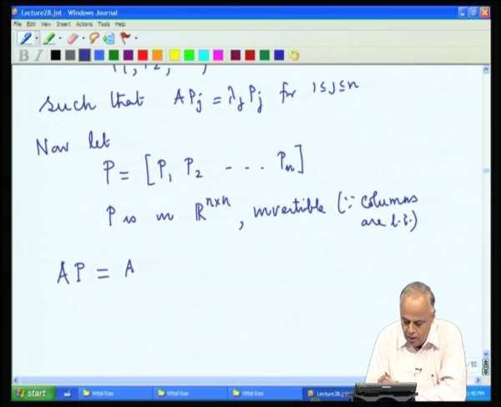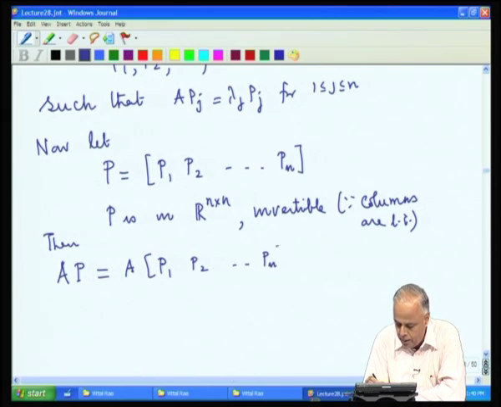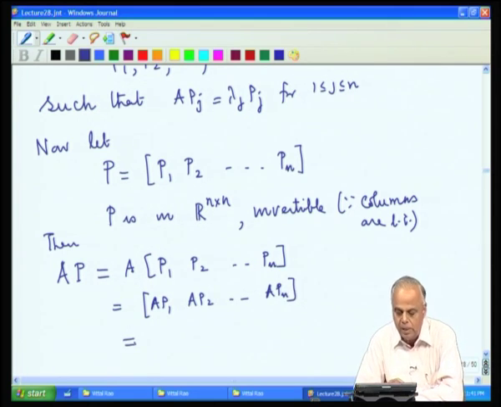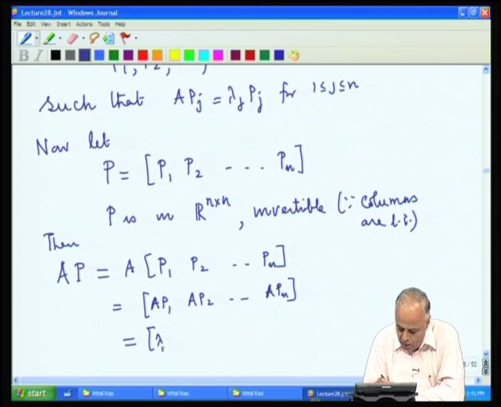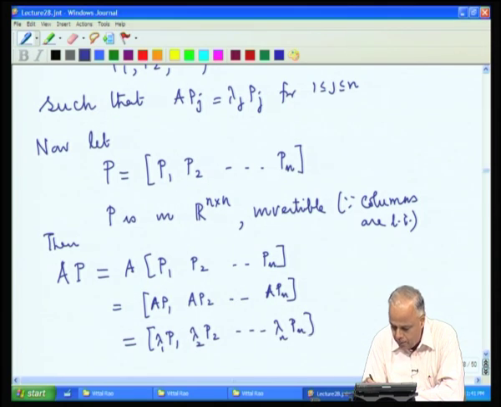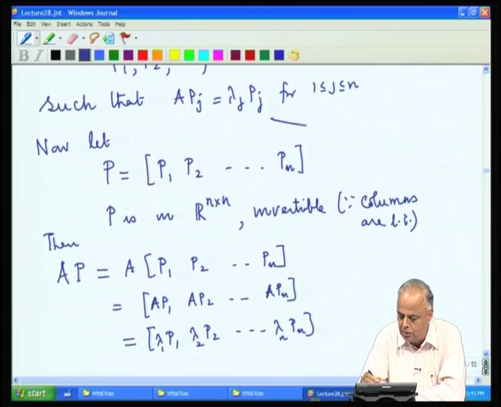AP is equal to AP1, AP2, ..., APn. As observed earlier, this product will be AP1, AP2, ..., APn, but we are given that AP1 is lambda 1 P1, AP2 is lambda 2 P2, ..., APn is lambda n Pn. That is given to us. So, this says (star by star),